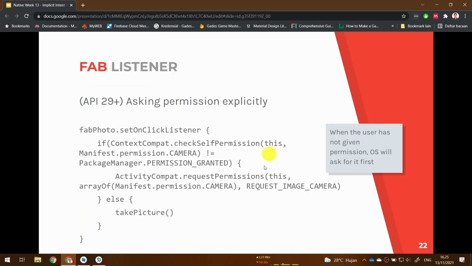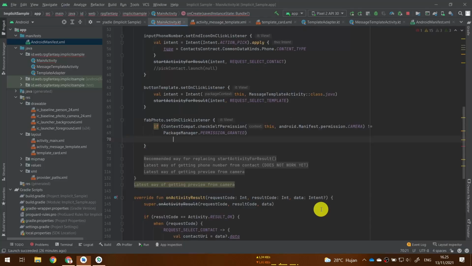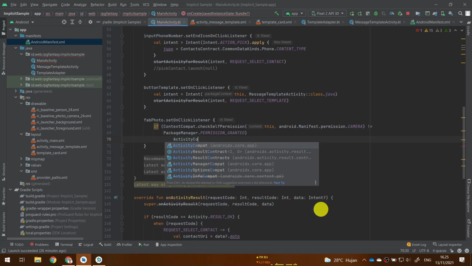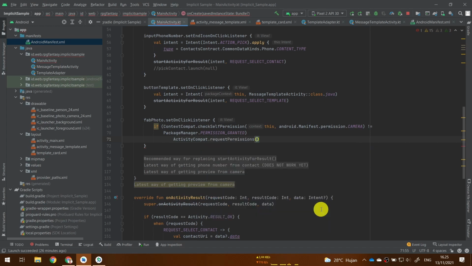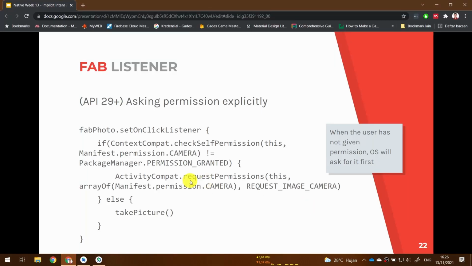Then we will actually request the permission. Activity compat request permissions. The permission is an array actually. Because the name of the function is request permissions, you can request multiple permissions at the same time. For now we only need one permission, which is camera, but nevertheless we still need to pass an array.